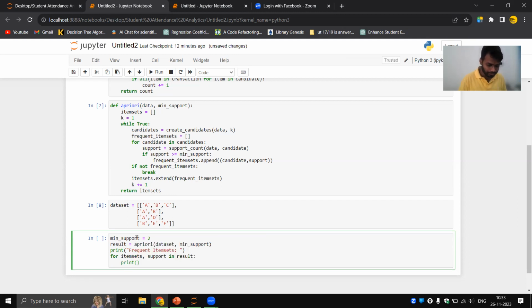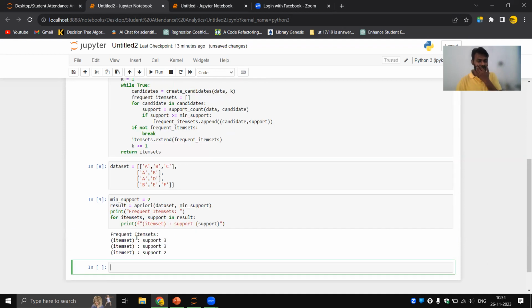So we'll print if item set support, and then, okay, and then let's print it. So now see the output.